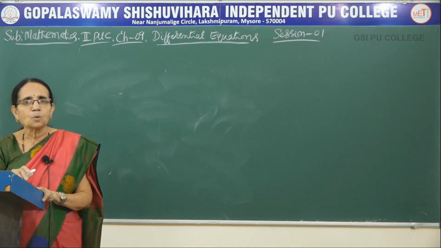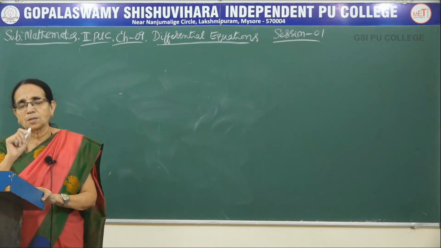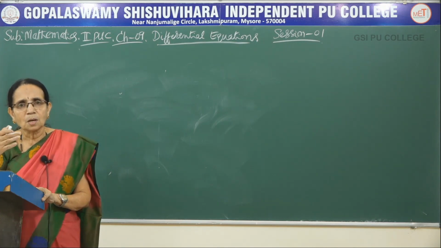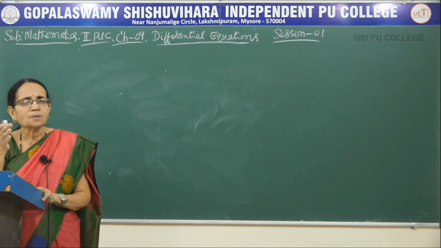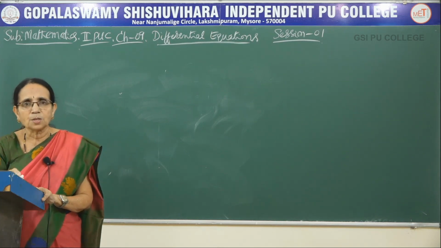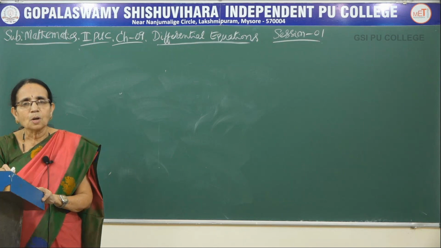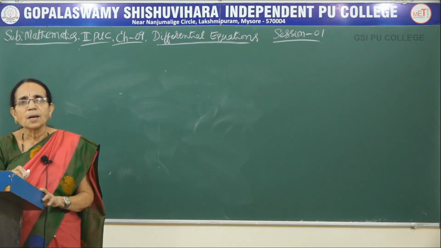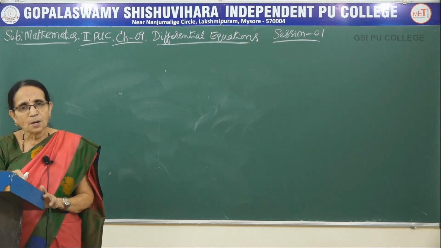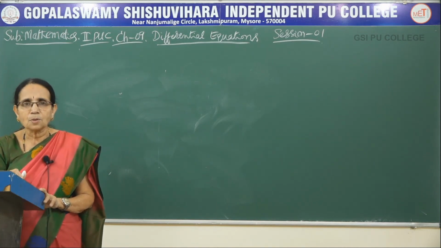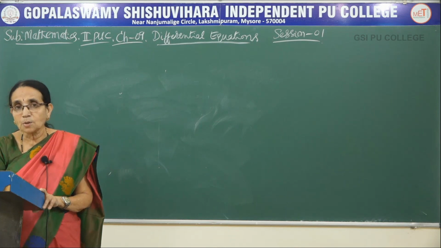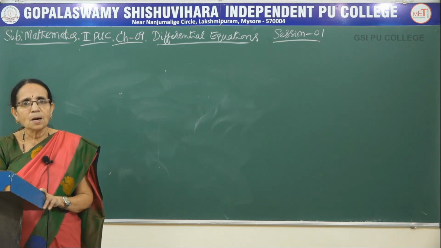The second method is known as the linear differential equation. Here I am going to teach you the method of how to find the solution. This is generally given for a 5-mark question, that is in part D. So, you have to solve the differential equation for a 5-mark question, which is known as a linear differential equation. Apart from these two, there is one more type which is called a homogeneous differential equation. So, one by one we are going to study the solution of the differential equation in the coming sessions.